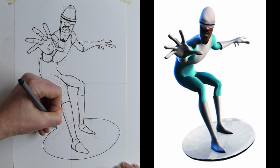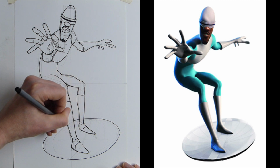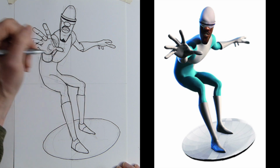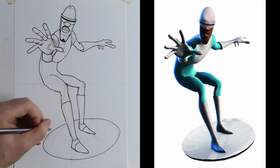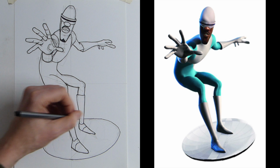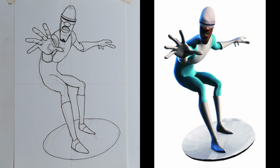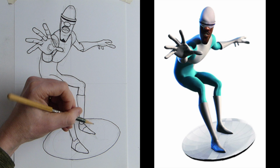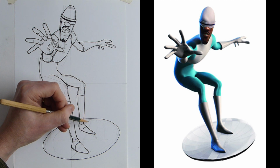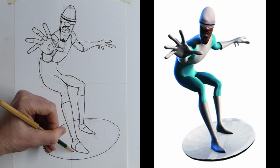do the big ellipse. Now I've just used that because you've got the construction lines in the background. I've not rested my arm completely on. Remember, use the pivot from your shoulder and you can go all the way round very, very simply and very easily. Now I've got some of the construction lines. I'm going to go back in with a pencil because you've got down the centre line on his Frozone surfboard,